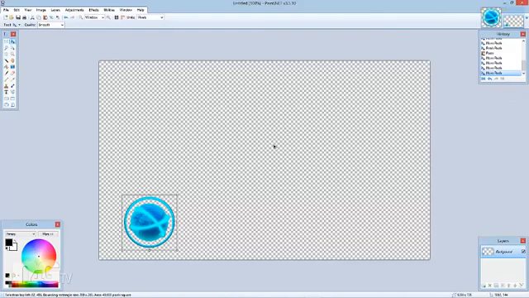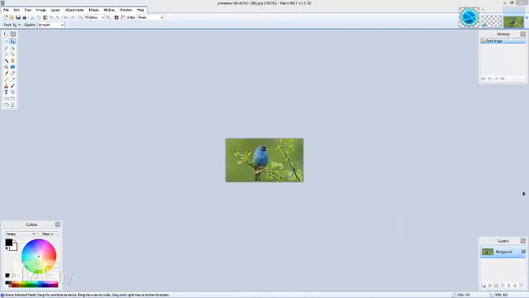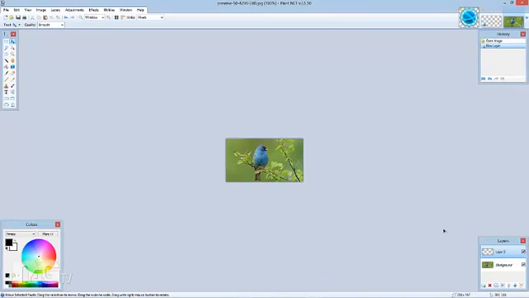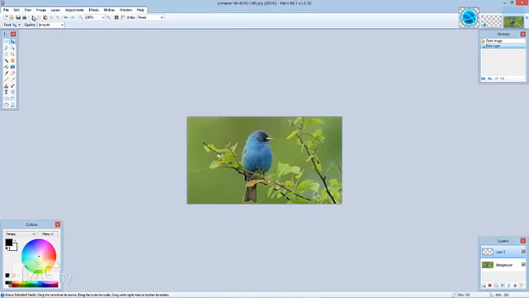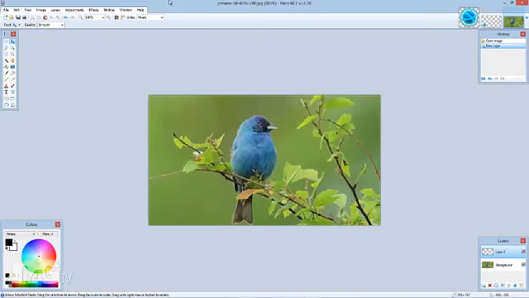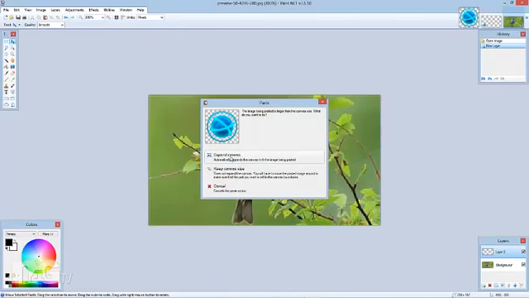And one thing I forgot, and sorry about this, is layers. You can add layers. So let's say I want to add an image, and let's say I want that as the background, because this is also what people use it for. So let's say I want that as a background. I can paste,